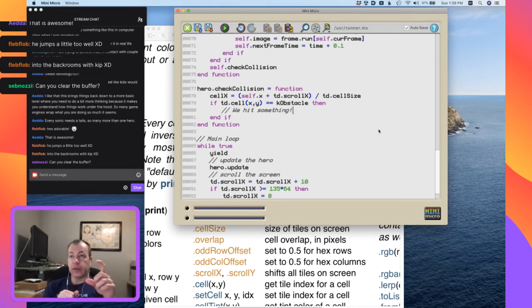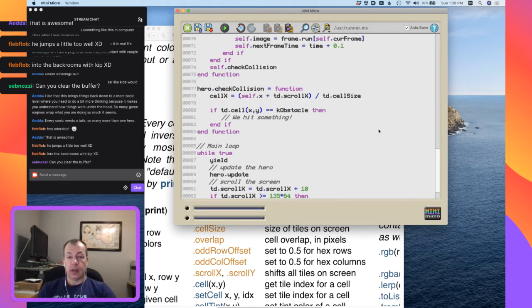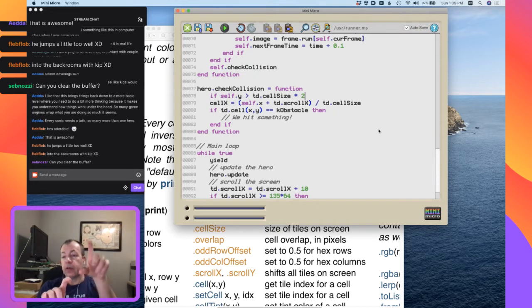Let's see, the y is the center of the block, so how picky do we want to be? Let's say if our center is, here we'll do this. If self.y is greater than td.cell_size times 2, that would mean the center is higher than,